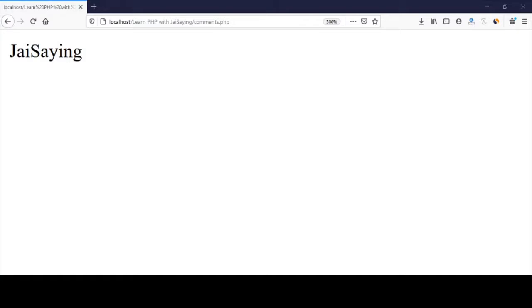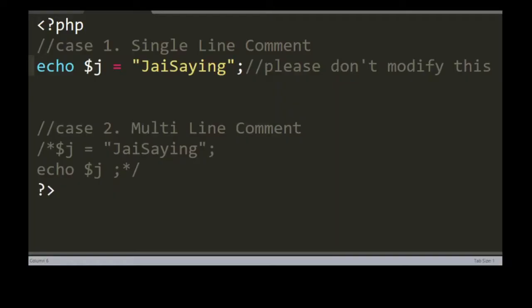After that, I want to block this piece of code. If I want to block this code, I will comment this one, line number 3.